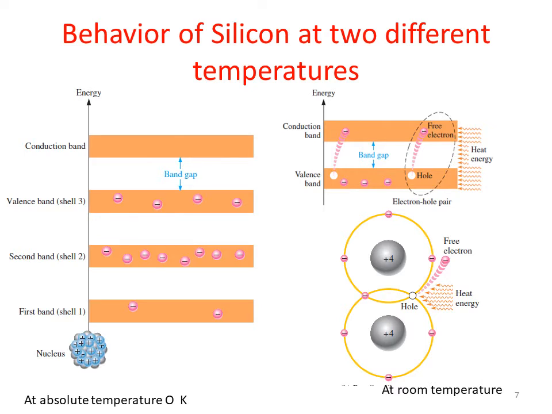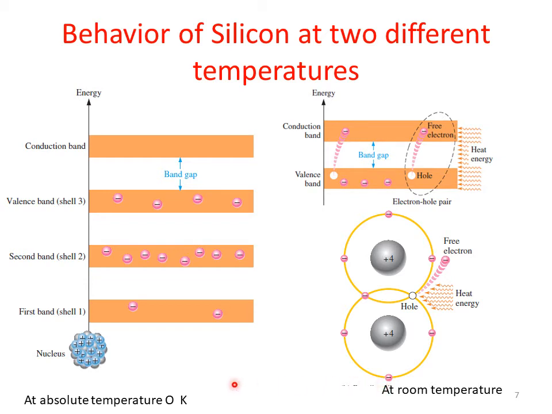Before we move any further, let us try to observe the behavior of a silicon atom at two different temperatures. By two different temperatures, I mean that I will be studying the atom of silicon at the absolute temperature, and you all should know that absolute temperature is a hypothetical temperature that cannot be reached in real life. The other temperature at which I will be studying this atom is the room temperature. This temperature, of course, is reachable as it's easily available in our homes, offices, etc.